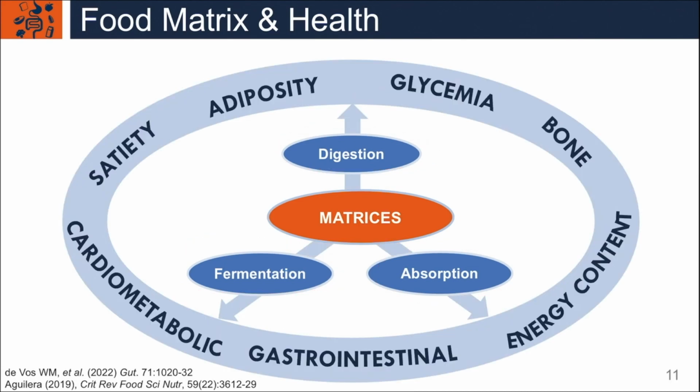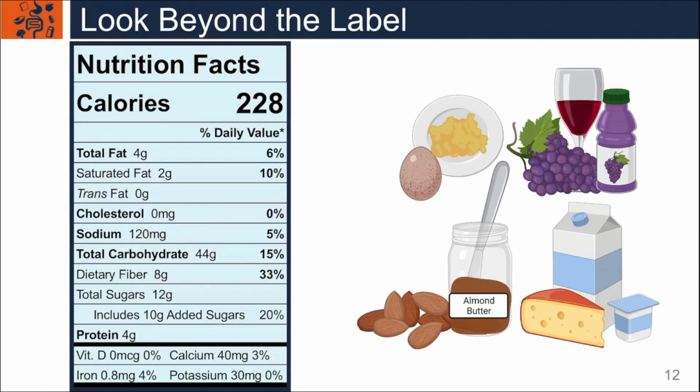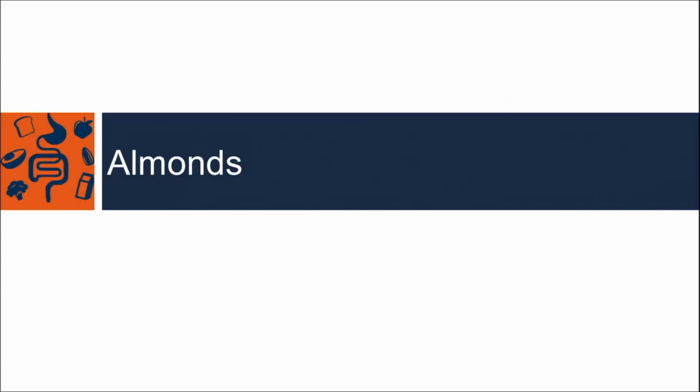Increasingly, in vitro, preclinical, and clinical research is demonstrating that the food matrix effect has physiological implications, such as the metabolizable energy of a food and the effects of consumption on health outcomes, such as blood glucose and cholesterol concentrations. It's important to look beyond the nutrition facts label and consider the food matrix, because the nutritional content of foods, be it eggs, grapes, nuts, or milk, will vary based upon how the original matrix is modified through cooking, grinding, or fermentation. Now, I'd like to walk you through a couple of case studies on the relevance of the food